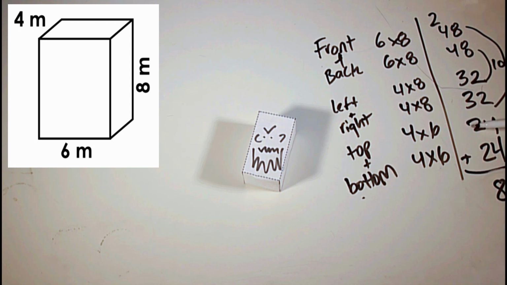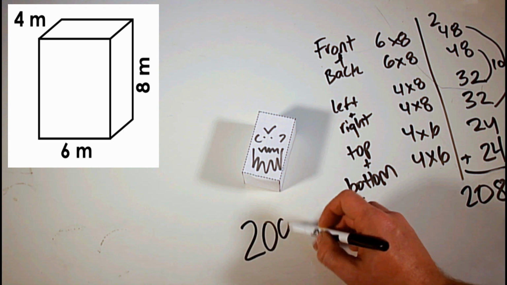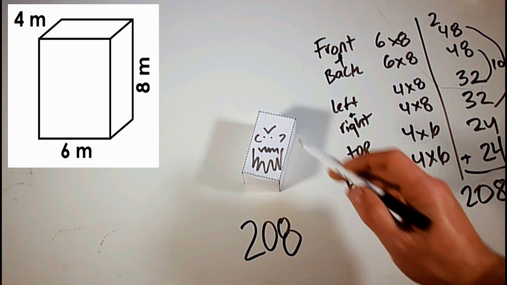Now I see these even numbers, so I'm going to go down here. So 10 plus 2 is 12, plus 2 is 14. Then I didn't add these 3 yet. So 14 plus 3 is 17, plus another 3 is 20. So 208. But we're not yet done because we have our number, but our unit, let's look back at the